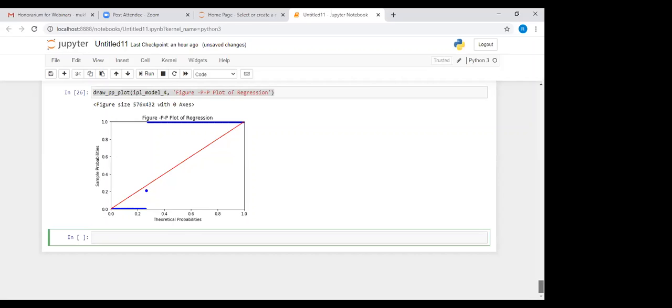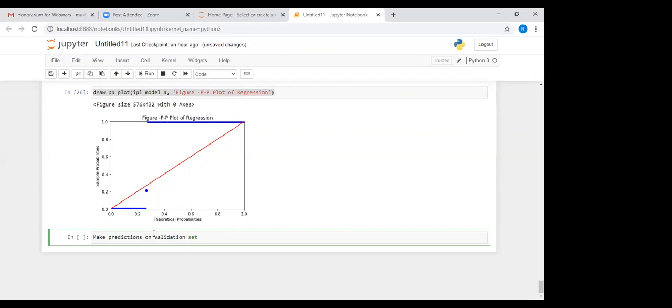Now, one important thing is that you need to make predictions on the validation set.